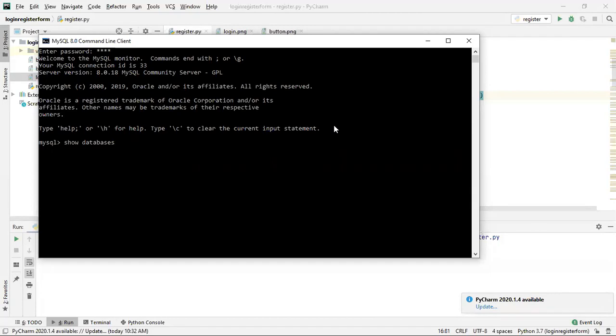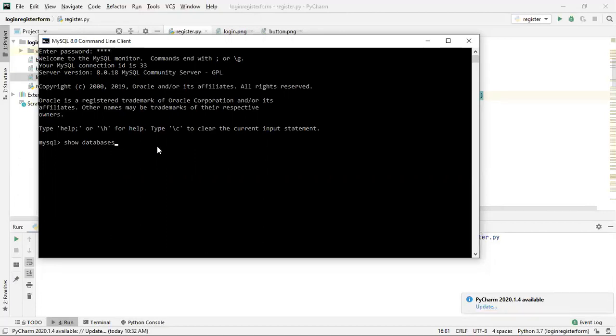Data is basically stored in our memories, and that data can be stored in relational table form. Here we are using an RDBMS, so this MySQL is an RDBMS. The data stored in this database is in the form of tables.